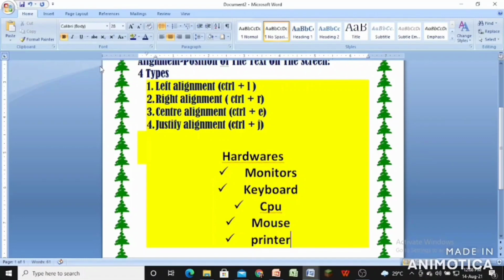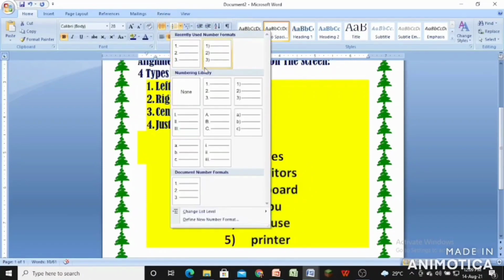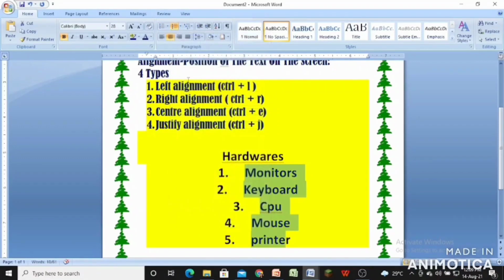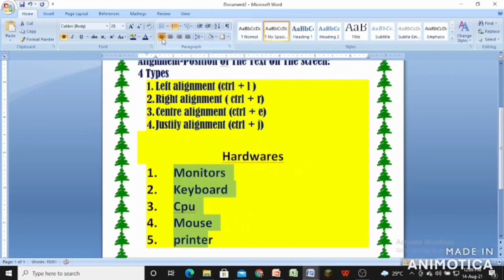Now you can see I have written them point wise. I will show you. You can make the changes also in the font. Again in the paragraph group, go to the bullets button. Select this one and align it to the left side.